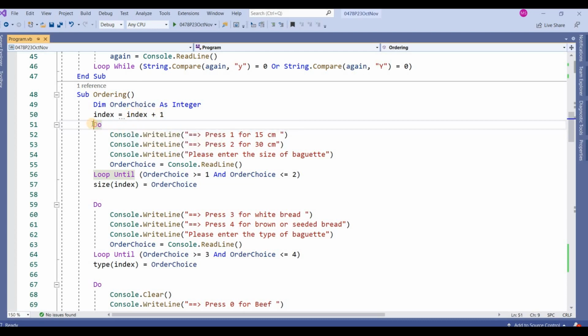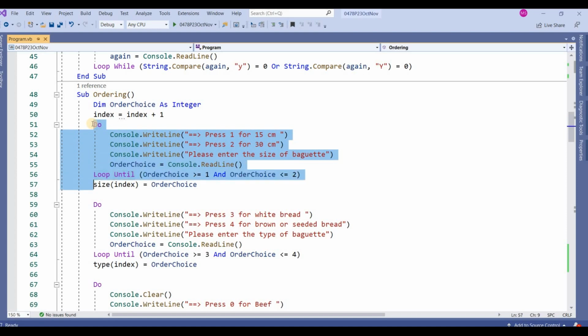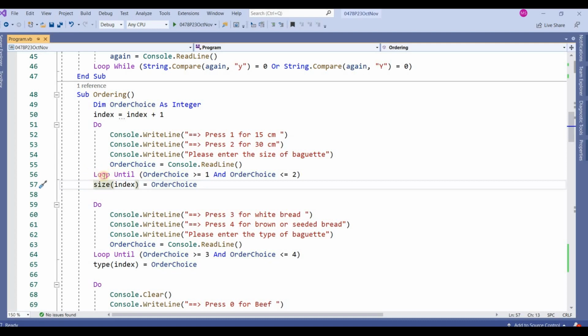Now here are the options for the size. 1 for 15 cm size of baguette, 2 for 30 cm size of baguette, and here is the validation. If you do not enter the value 1 or 2, it will repeat again.